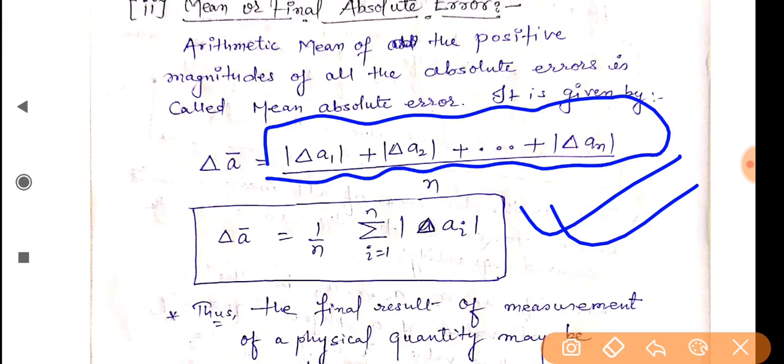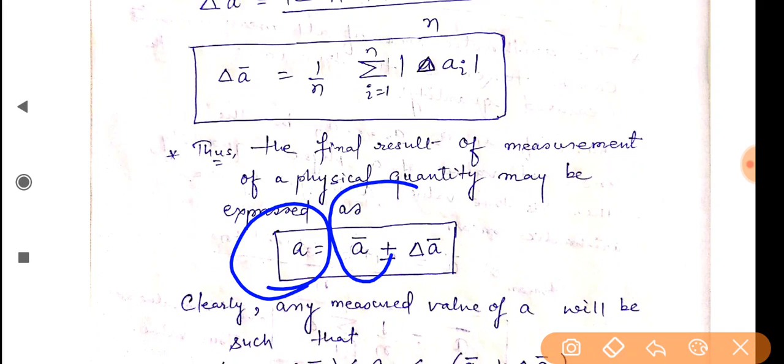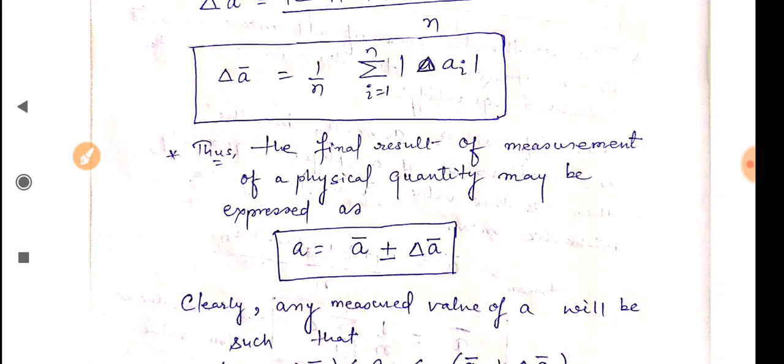Thus the final result of measurement of a physical quantity may be expressed as a = ā ± Δā. That means you have to consider the error. It may be above the real value or below the real value, so you have to consider the plus-minus sign here. Clearly any measured value of a will be such that